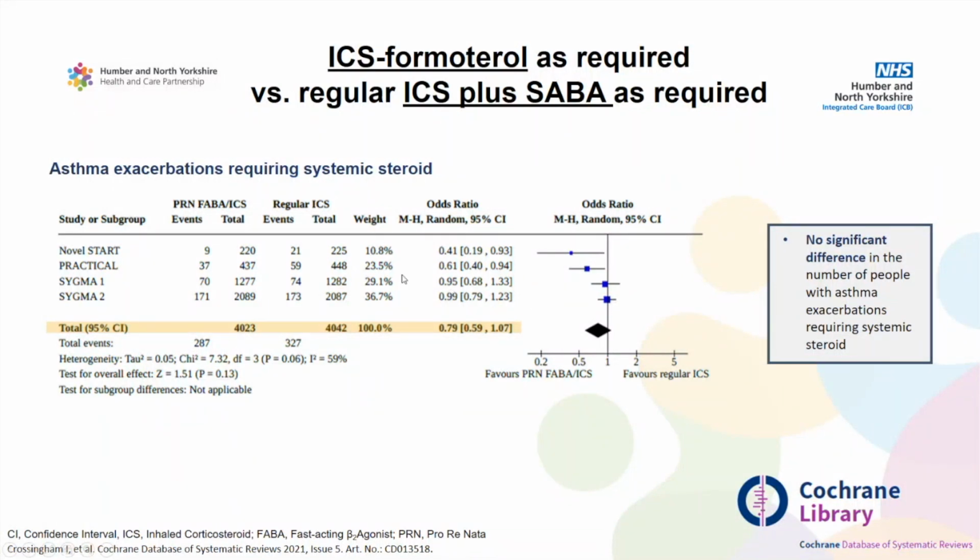And the difference between these studies was that the Sigma trials, where it just shows equivalence to regular ICS, were very well controlled randomized trials where patients were very adherent to their ICS monotherapy. So these patients had smart inhaler monitoring. They were using their inhaled steroids regularly as was prescribed, which is of course not what we see in the